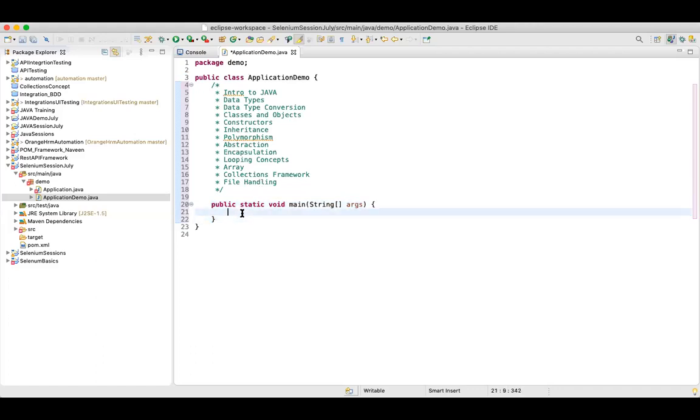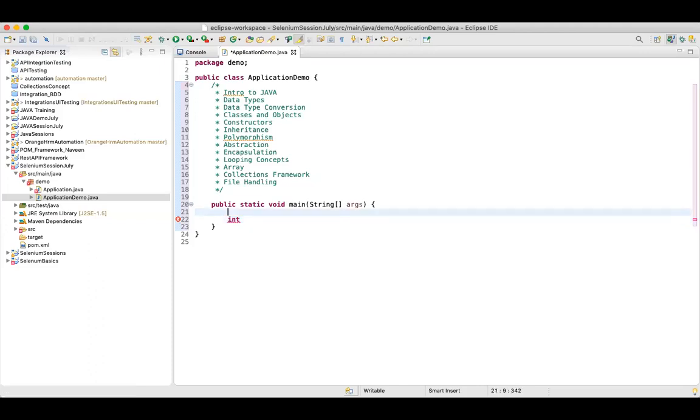So let's say I want to store my ID. Let's say my ID is 47. Then how do I store that? First thing is I'll declare a variable, and this variable is of type integer. For example, let's say my ID is 45, so it's an integer value. And if you want to store an integer value, you can define a reference variable of type integer, int. This is a data type.